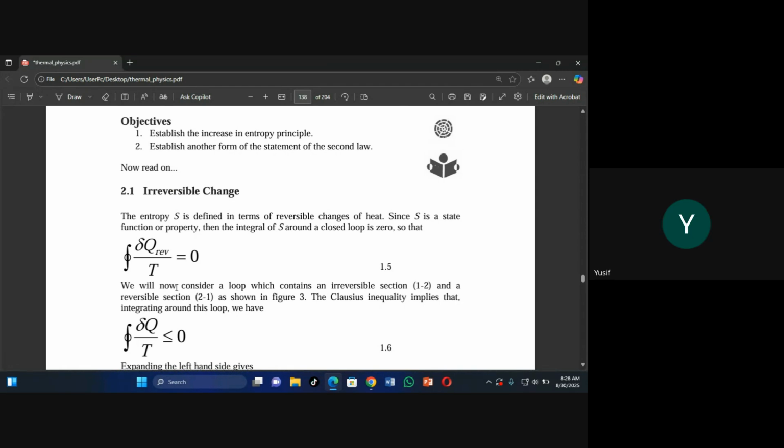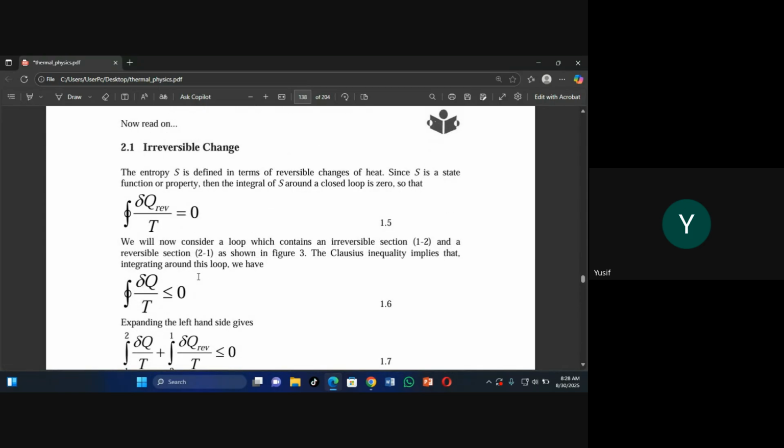The entropy S is defined in terms of reversible changes of heat. Since S is a state function property, the integral of dQ over T around a closed loop is 0. Okay. We will now consider a loop which contains an irreversible section